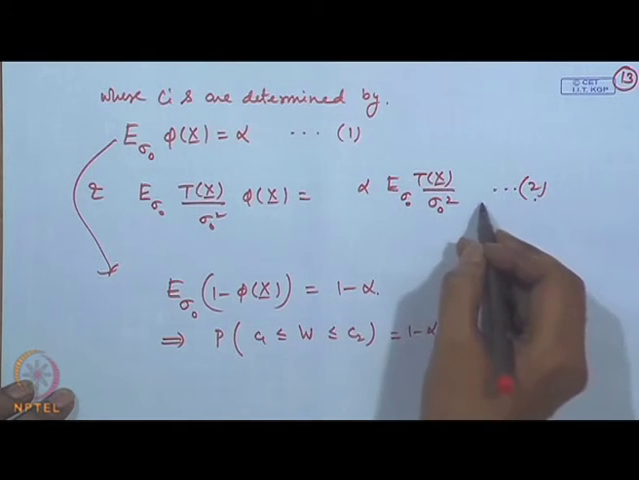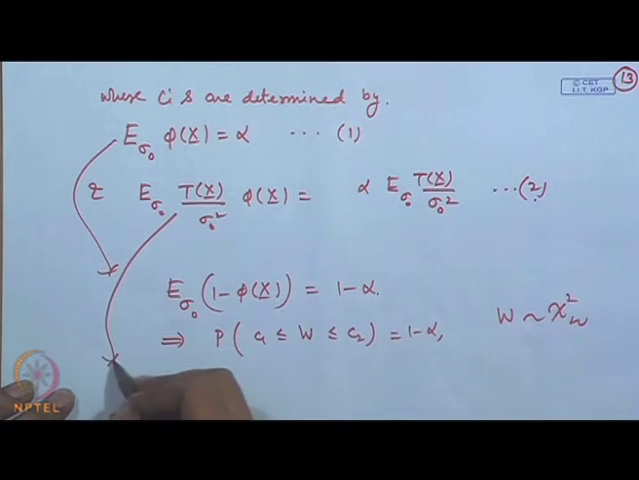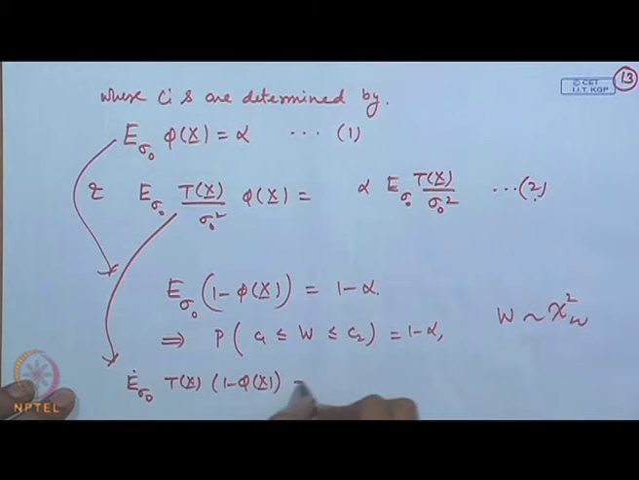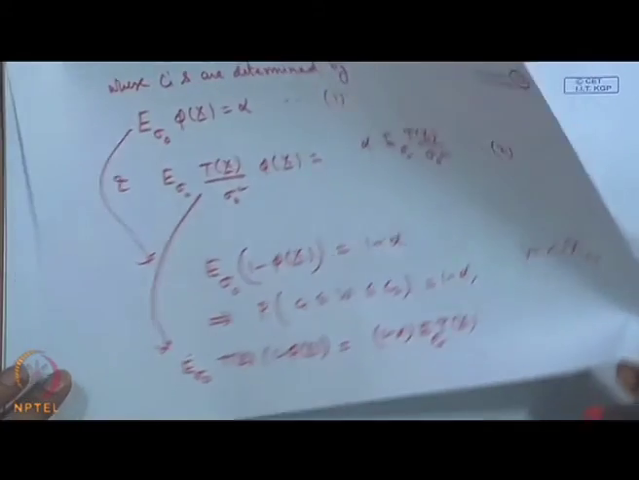However, let us look at this condition 2 also. What is this condition 2? In condition 2, once again if I write 1 minus, this will become expectation of sigma naught T x times 1 minus phi x, that is equal to 1 minus alpha times expectation of T x, because expectation of T x gets cancelled out on both the sides. So, this is then reducing to